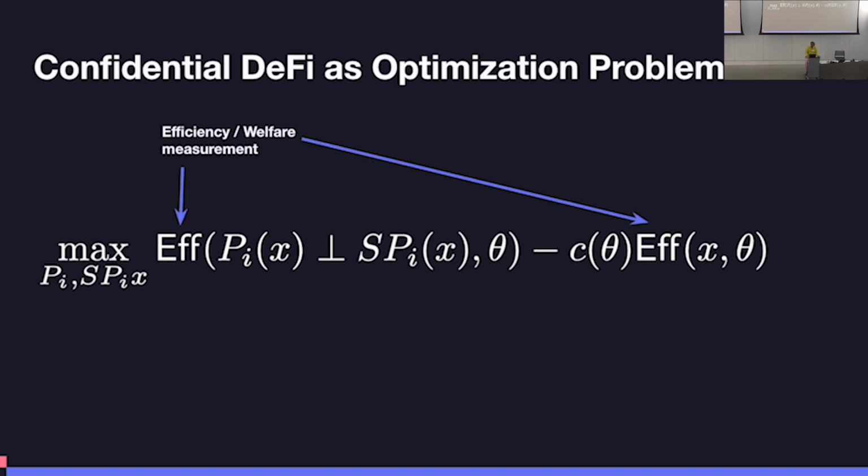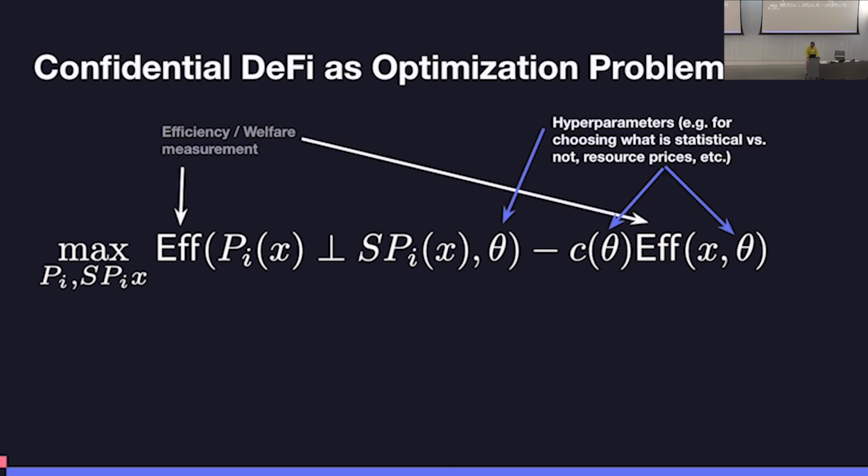So we have a function which measures our notion of efficiency, and this takes in the state that is revealed, as well as some hyperparameters theta, which you could think of as the user input. You could also think of that as constraints on the output that the protocol gives. These constraints can also be resource prices. So these can be things that are,